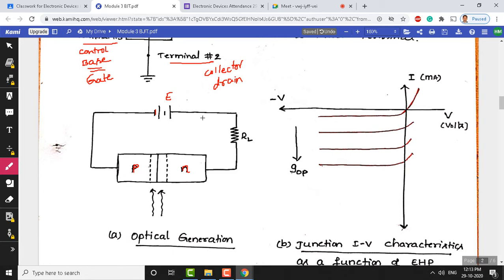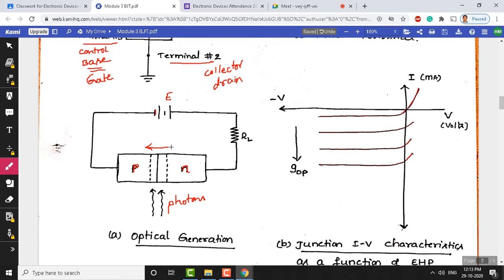So, this diagram is a completely reverse biased PN junction, and if we inject photons onto it, definitely you can create electron hole pairs within it, and you can allow the current to flow from the N side to the P side since it is reverse biased, due to the photons. So, photons injected onto the depletion region create electron hole pairs in the N region and in the P region as well as in the depletion region.